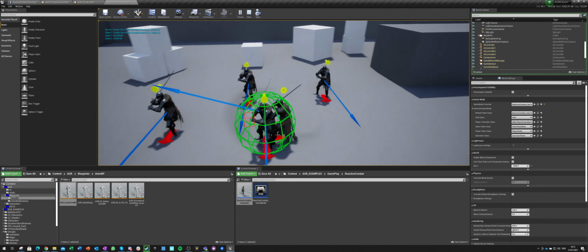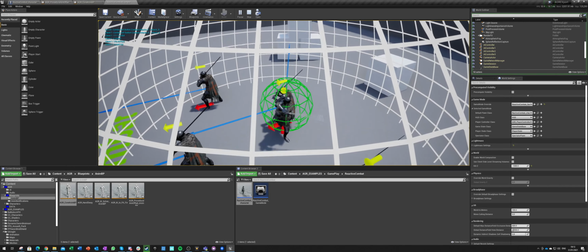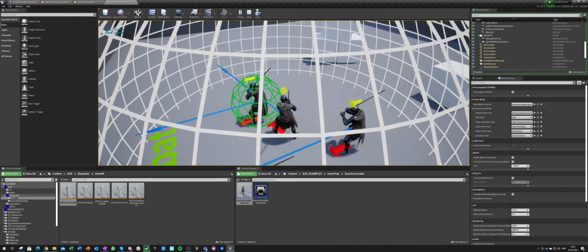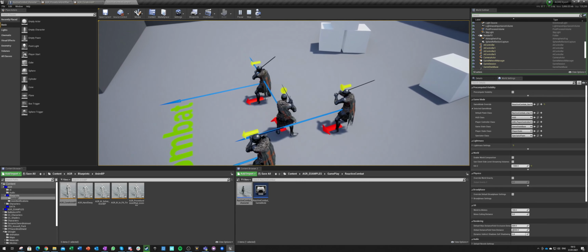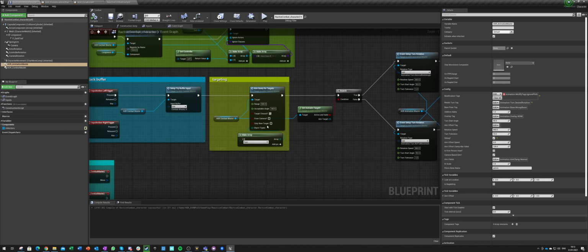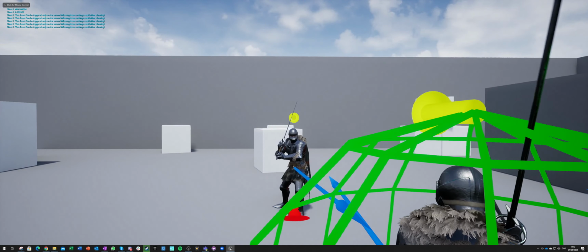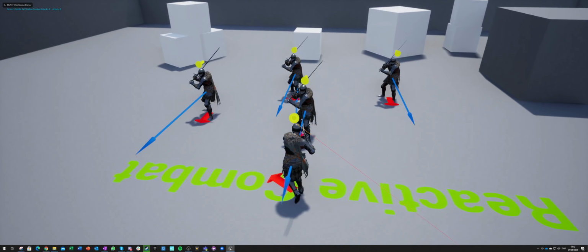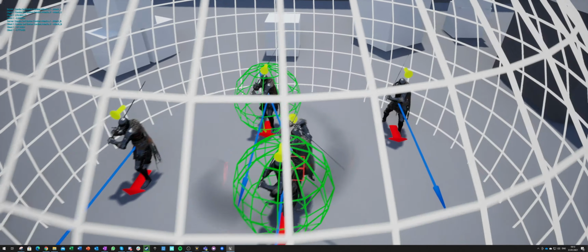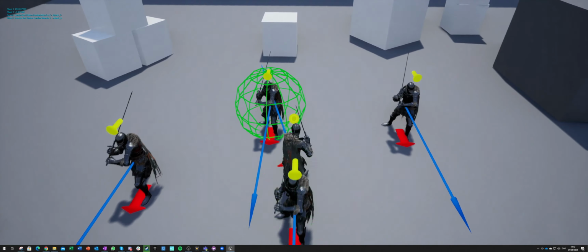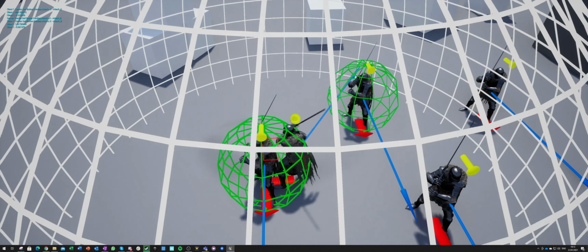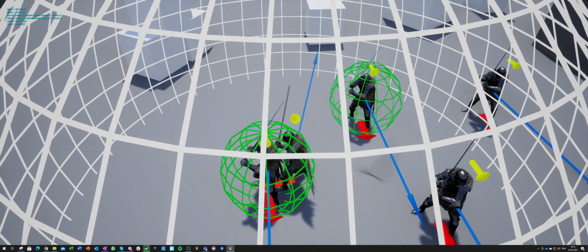So this guy is closer, I will attack him multiple times, but if I come to another guy, I will start attacking him because he's now the closest. Now this guy is the closest, but I can also force my character to always change targets, so only pick new targets. And now if I hit play and I stand somewhere between those guys, I will continuously switch targets and I will attack between two guys. So I will attack this guy and then this guy again, and he will start spinning.